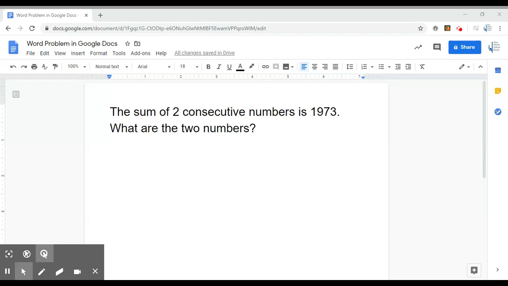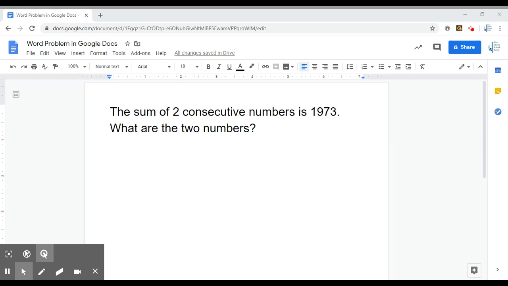This is how to solve a word problem in Google Docs. So I have a question here. It says the sum of two consecutive numbers is 1,973. What are the two numbers? So when I'm doing it on paper, I always like to highlight the comparison sentence and highlight the total, and